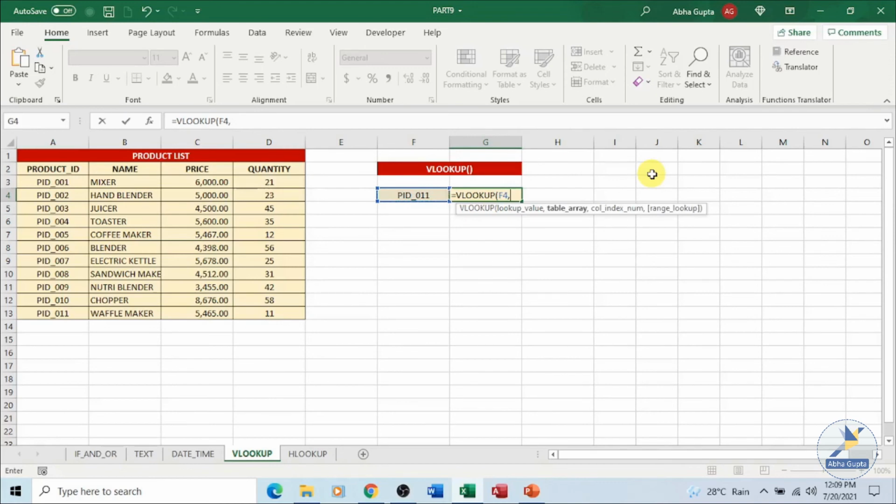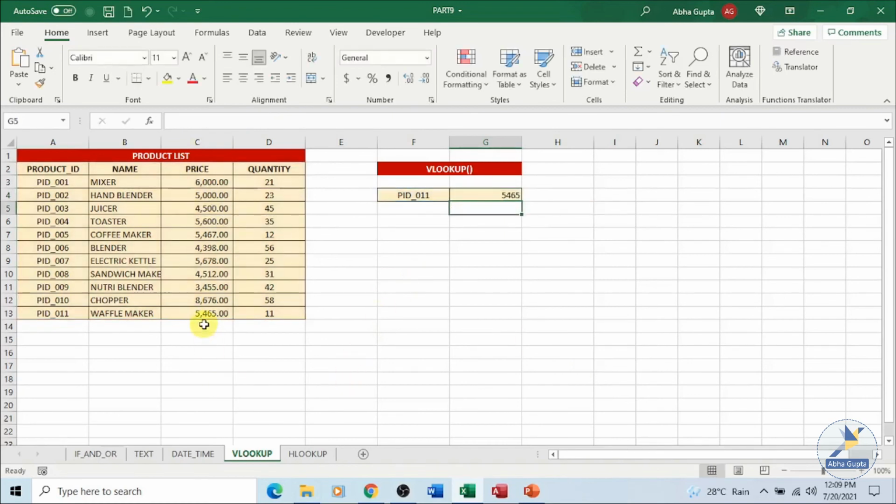Then comma, the table array, this is my table range over here, comma, in which column I am looking for the value. I am looking for the price of that product ID. This is my column number 1, this is column 2, and this is column 3. I am looking for the price, and I am looking for an exact match, and press the